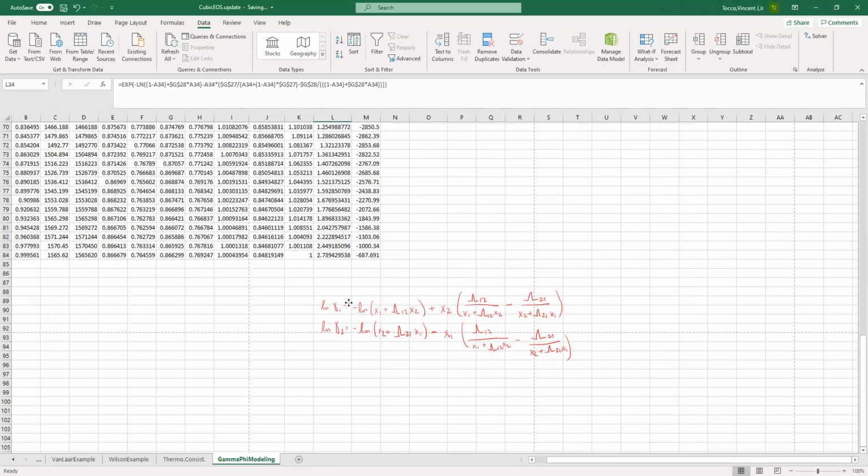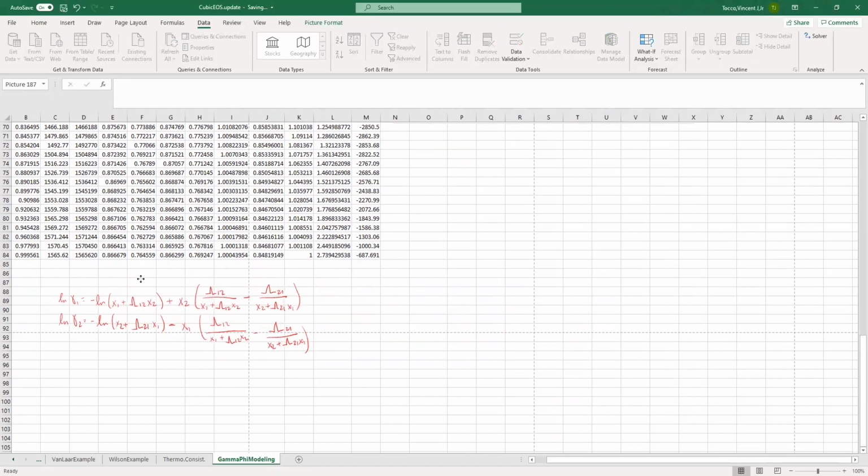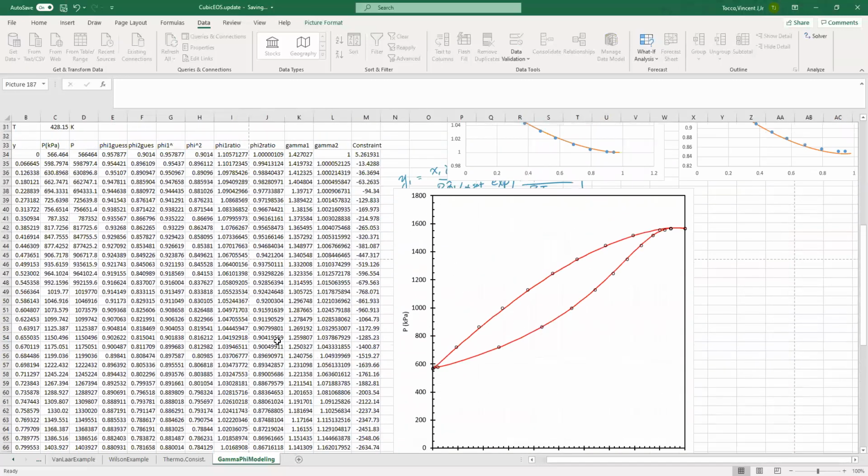Go back to wherever you had the Wilson equation and put this one in its place. The only difference, I think, is that the term in parentheses should again be the same in both. So once I had fixed that, I had another mistake, which was that my pressure that I was plotting in kilopascals was not the correct formula. So my pressure in kilopascals has to be my pressure, which was solved for using Solver, divided by